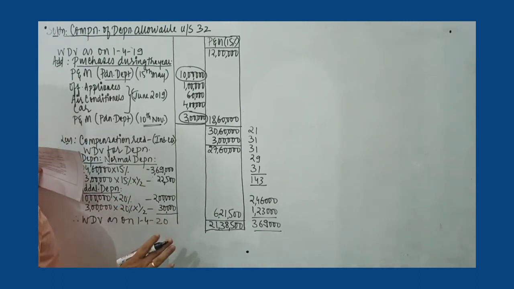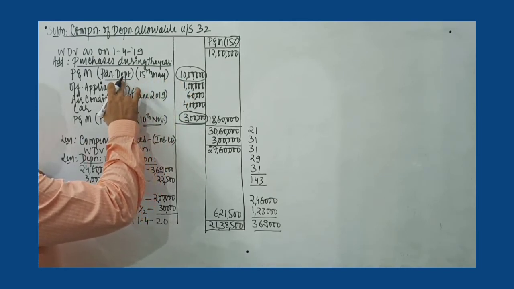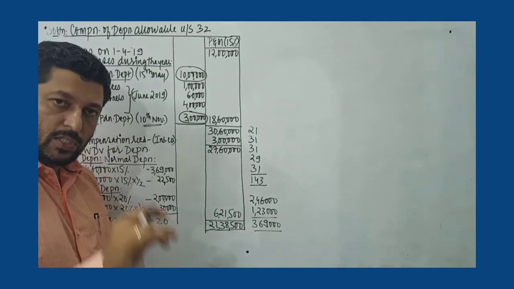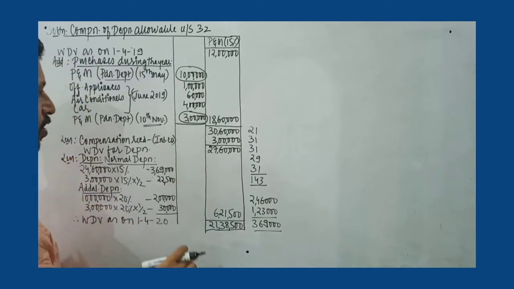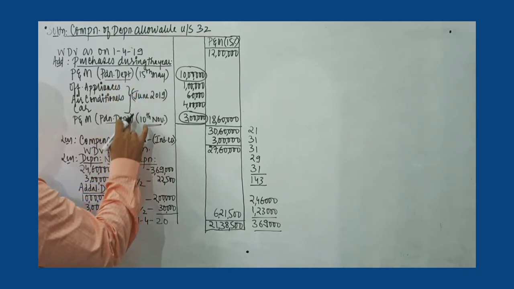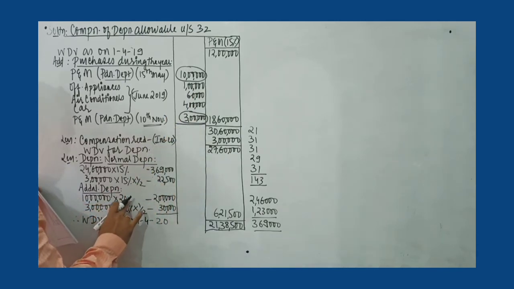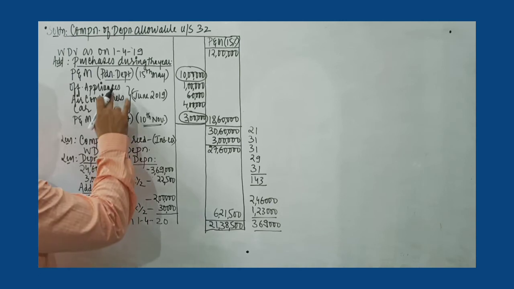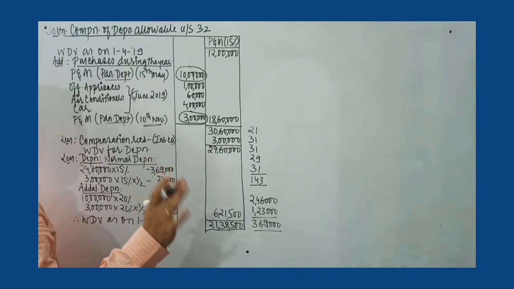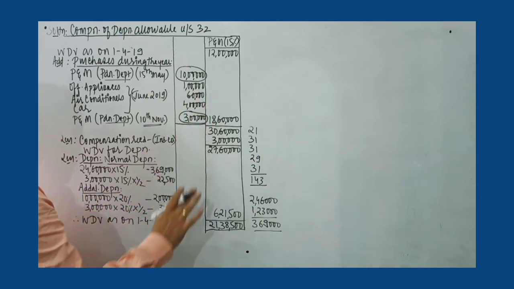So we have to understand the concept of additional depreciation. Additional depreciation is applicable only on that plant and machinery which is installed in the factory and used in manufacture or production. So this is specifically for production department, both this new plant and machinery. So only 10 lakh and 3 lakh worth assets, plant and machinery, are eligible for additional depreciation at 20%. Whereas office appliances, air conditioner and car are not installed in factory, not used in manufacture or production. So these three worth 5,60,000 are not eligible for additional depreciation.